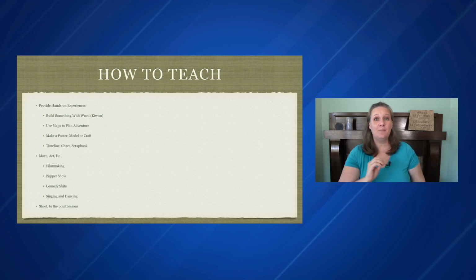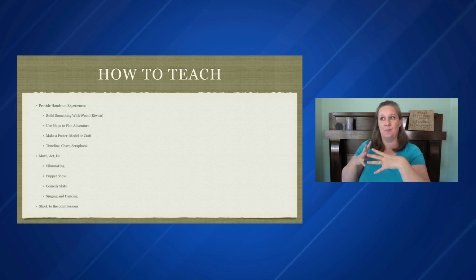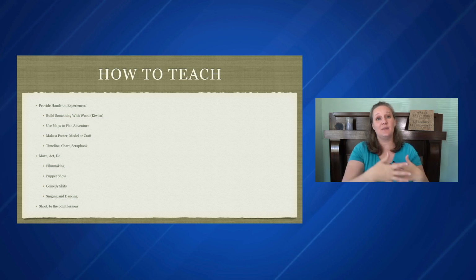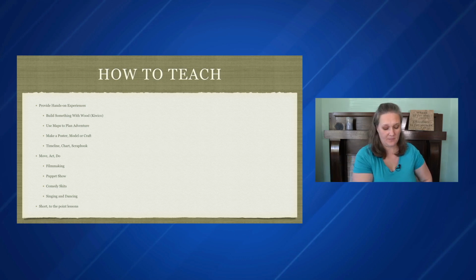This is good because I personally think teaching to this personality is a lot of work, even if I'm just putting the energy into finding stuff instead of putting the energy into entertaining myself. It's still not natural, and so it can be really challenging, but you only have to do it a little bit. You only have to teach little punchy lessons and then let them have lots of free time to do it on their own.